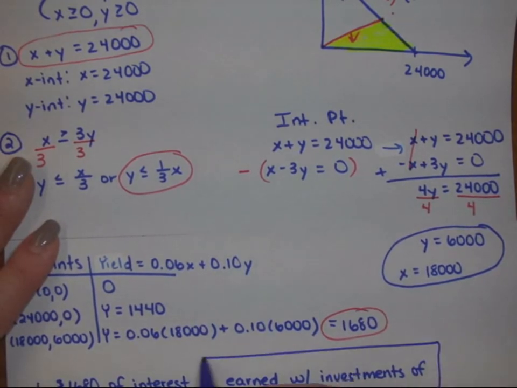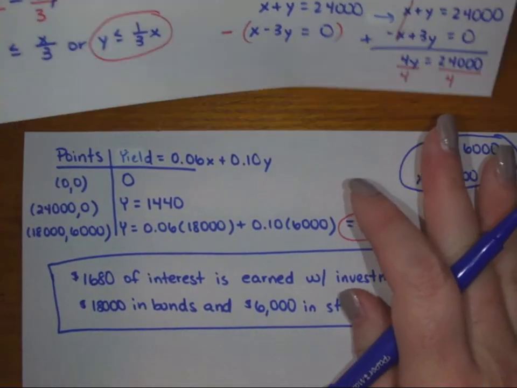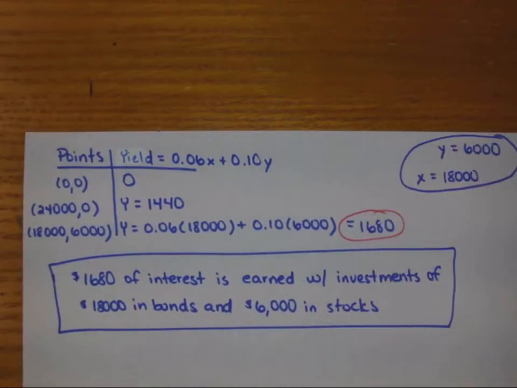By the way, notice that 18,000 and 6,000 is the point where bonds would be triple what the stocks were. And remember, that was a requirement for the problem. It said that the bonds had to be more, or 3 times more rather, than the stocks were. So